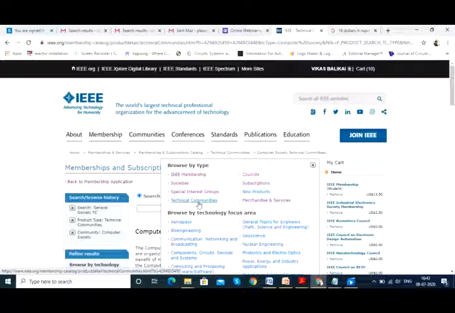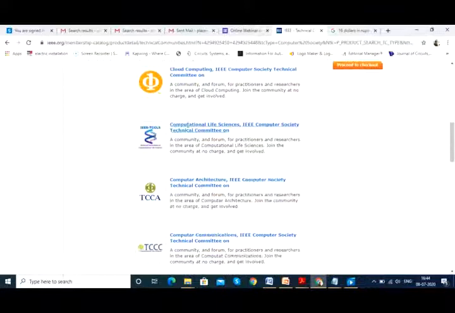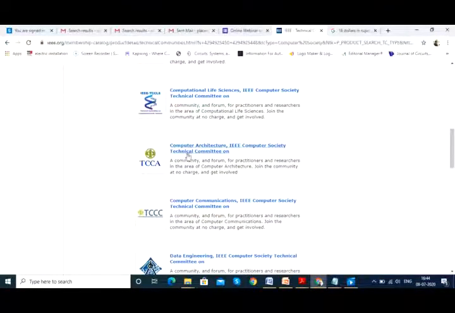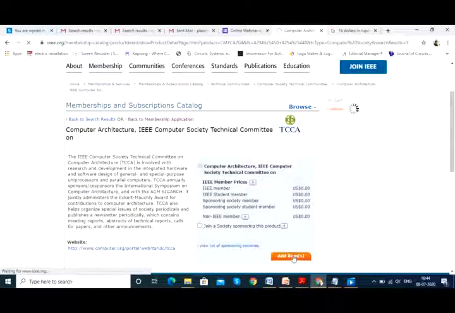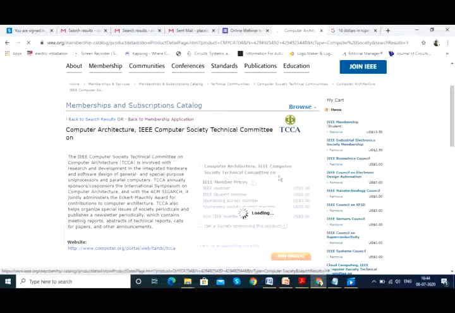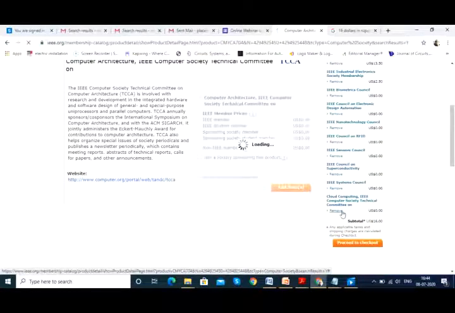Councils and technical communities, these two are the things where you can get a lot of things free of cost. Society, you already added one society at $2.5, either industrial electronics or robotics, and IEEE membership you already paid 13.5. So councils and technical communities are those things which you should be looking forward. So this one is done. IEEE Computer Society technical committee on computer architecture, even that will come and sit over here.